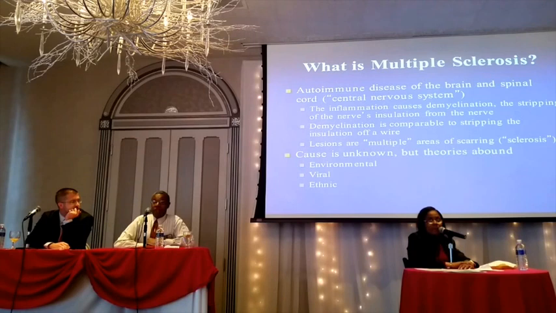There's a town in Lorain County where there was a larger number of people than would be expected with multiple sclerosis, and that's led to some years of study of the old factory that was once in operation there, looking for potential toxins that could trigger an immune response. We don't have definite answers from that yet, but again, when we see a cluster of multiple sclerosis like that, it makes us think.